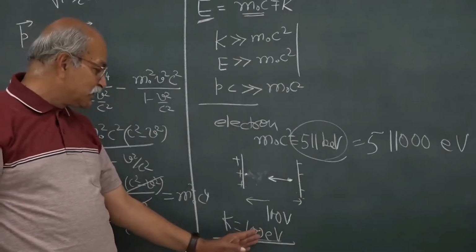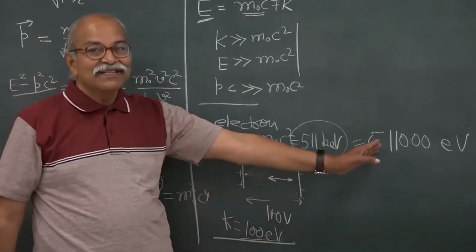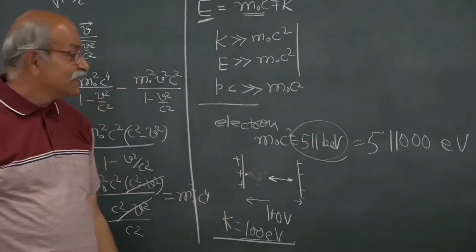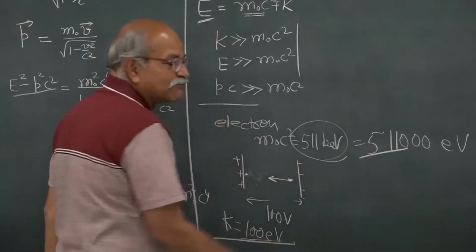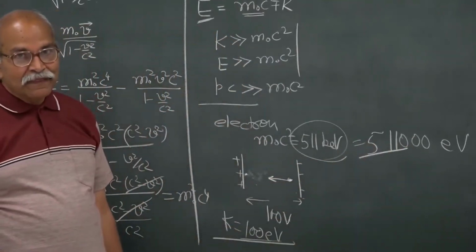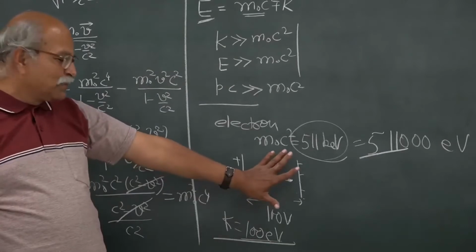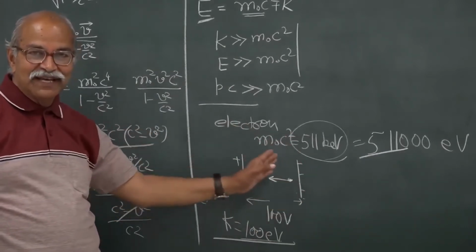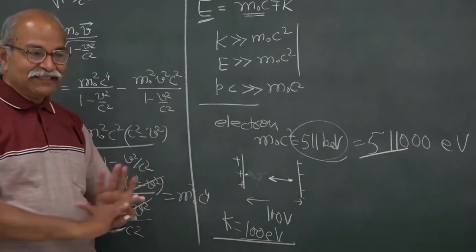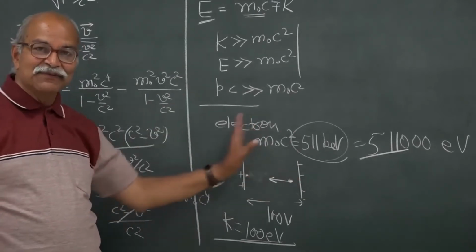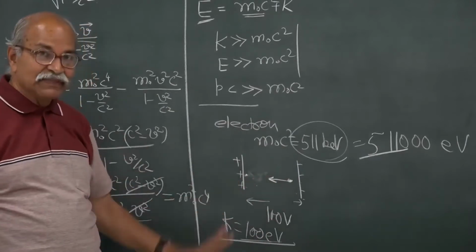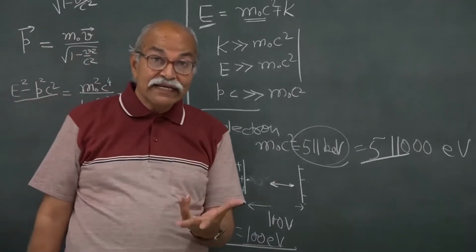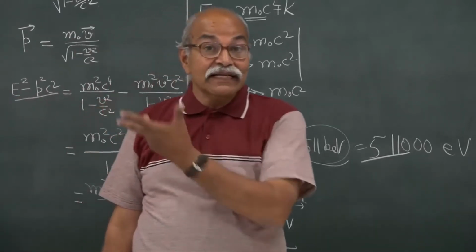So, this is much smaller than the rest mass energy, about 1 in 5000. So I will say that okay, Newton is okay, F is equal to ma and half mv square and all that, and v is equal to u plus at, and all those things will work very well here. But then if you are accelerating an electron in an accelerator,